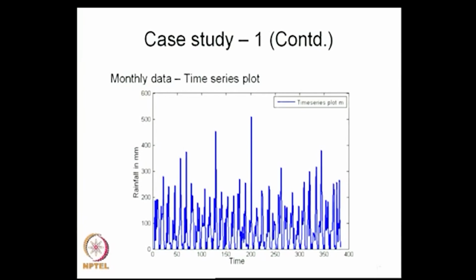Let us now add up all the daily values and generate a monthly time series. In this case we have about 32 years of data, and this is a monthly time series. The monthly time series appears to tell us that you may suspect certain periodicities. There seems to be certain regularity here in terms of the fluctuations,